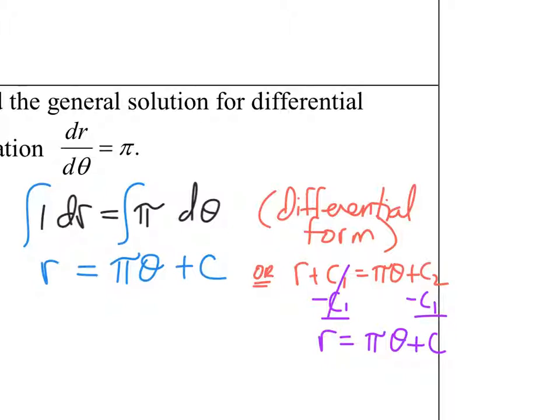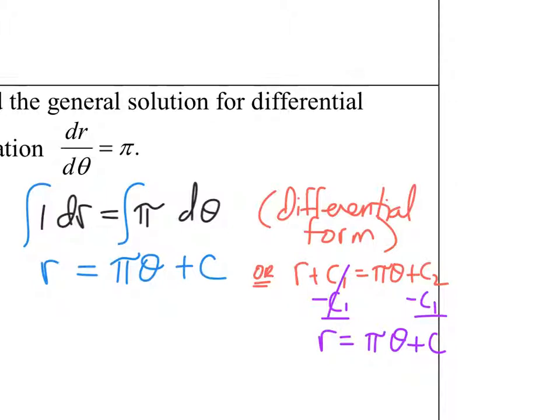Does it, on the right side of the equal sign, does it become pi theta? Because, I forget the name of the rule, but if you were to move the pi onto the left side of the integrand, would it just be the integral d theta? Yeah, exactly. And also, anytime you have a constant, you could think of it as a hidden reverse power rule situation, because pi could also be thought of as pi theta to the 0th power. Follow the same process. Increase the exponent by 1, divide by the new exponent. You're going to get the same thing. You're going to get pi